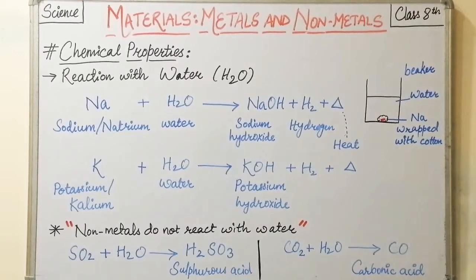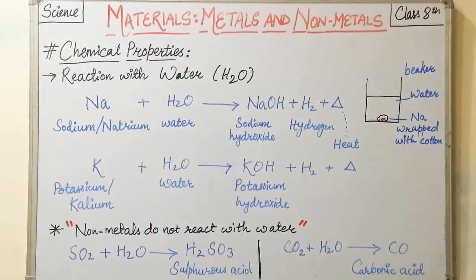We cannot touch sodium metal with our hands. We have to use some forceps or any other material to take it out. We have already seen that sodium metal is so soft that we can cut it with the help of a knife. So what we are going to do in this activity is, we are going to take out a small piece of sodium metal. We are going to wrap it with cotton, and after this we are going to immerse it into a beaker which contains half of the water. Okay, or the beaker which is filled half with the water.